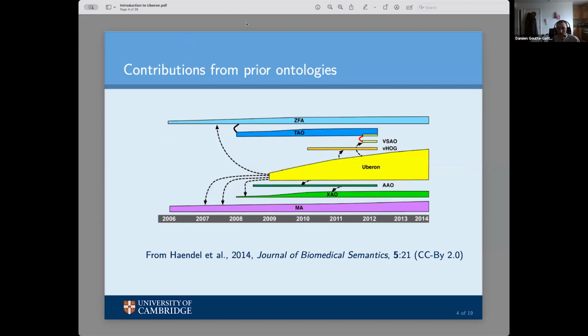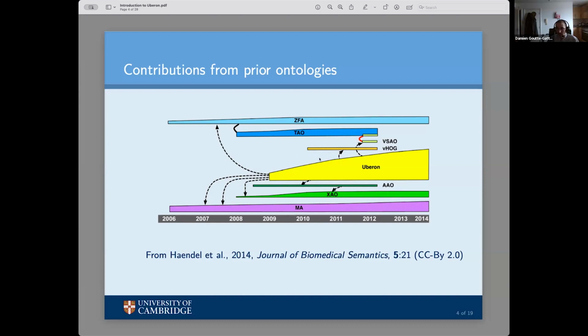So to come back a little bit to the history, as Nico mentioned, Uberon was initiated in 2009. At a time where there already existed several other species-specific ontologies out there. And some of them were, in the years that followed the creation of Uberon, directly merged into Uberon and no longer exist, are no longer maintained